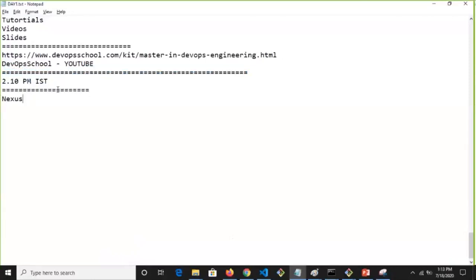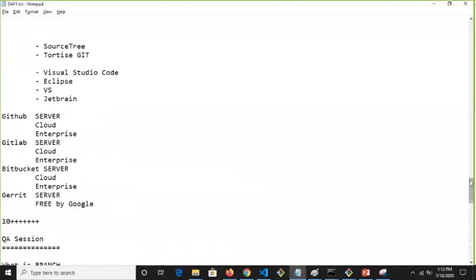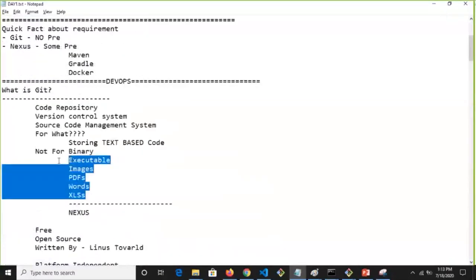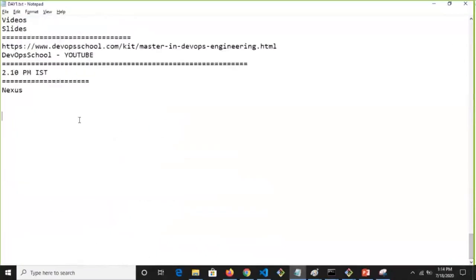Nexus is one of the wonderful tools, but remember it is for executable images, PDFs, Word, Excel, basically binary files. That is also a very good tool. You will love it. So let's meet up at 2:10 and then get going. Can we wrap up this session now? Okay, guys, see you.